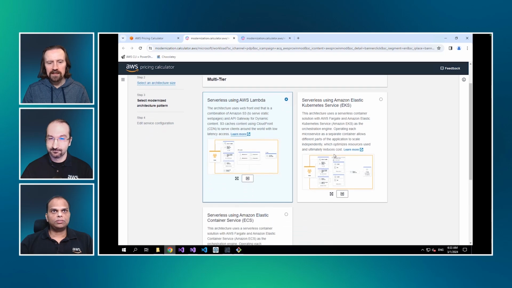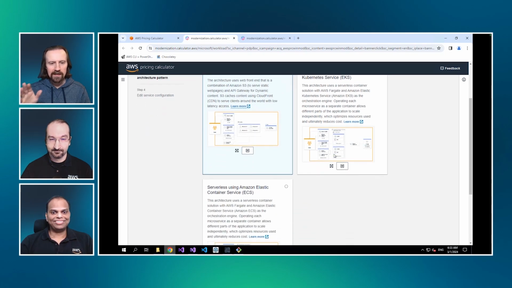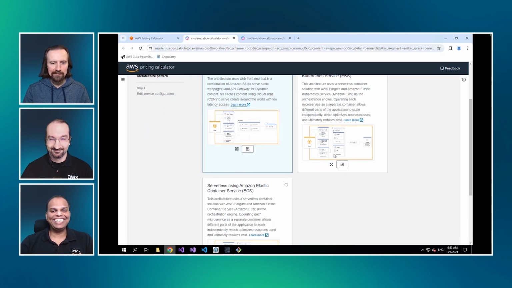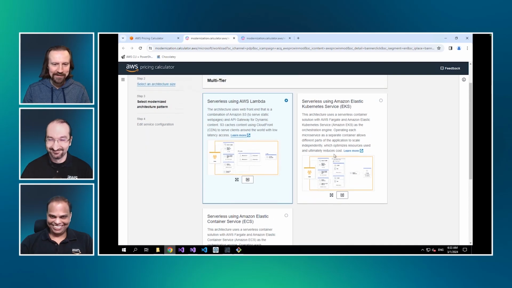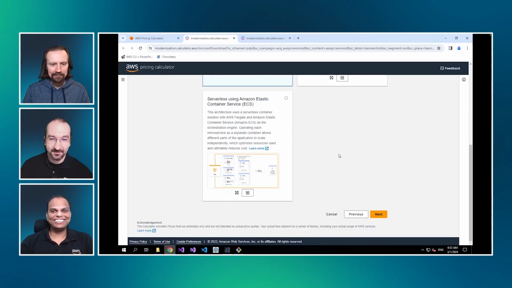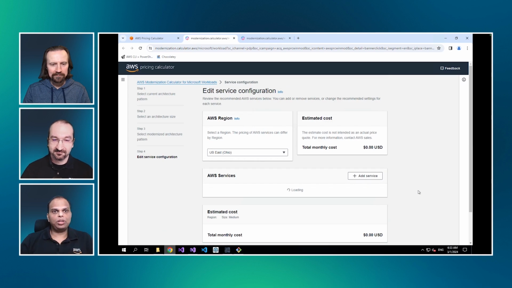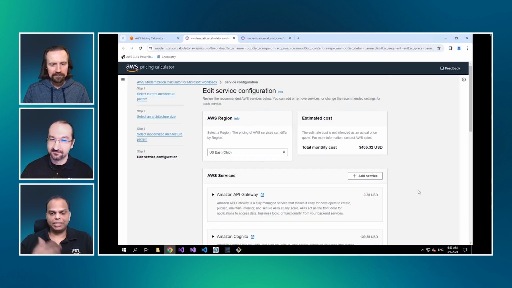Cool. Well, I feel like I'm a very good speed reader, so I read all of that architecture guidance there, and I want to go with Lambda. So let's have a look at what we saw there and what we can see with Lambda. So let's go for serverless. And when we click on next, this is where it is able to provide you with an estimate